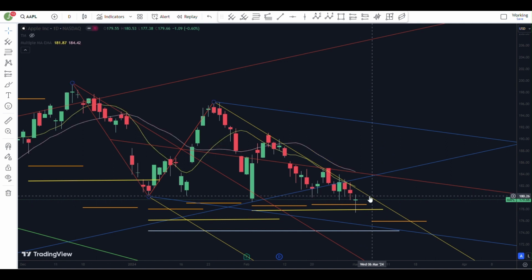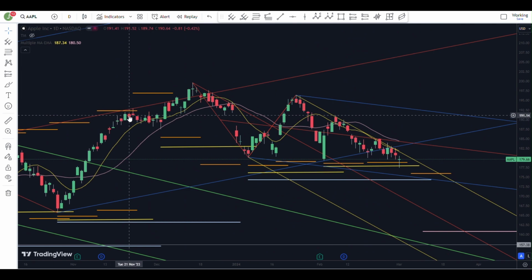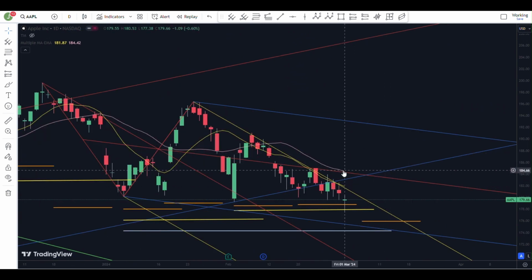I've also mentioned the 10-day moving average for Apple is something I like. The 20-day is also a moving average that many people use for many different assets. And of course, Apple is another good one where it can find proximate support, proximate resistance. Sometimes it does not respect it at all. But considering this will align with